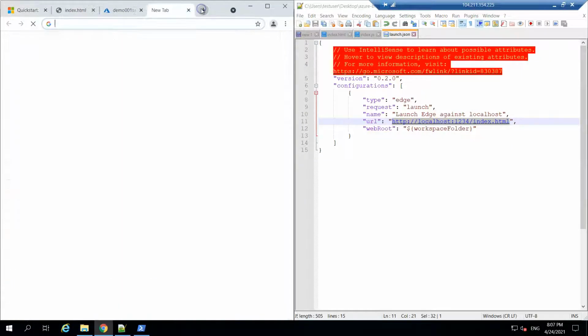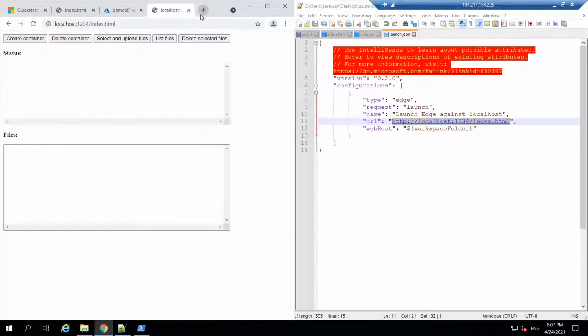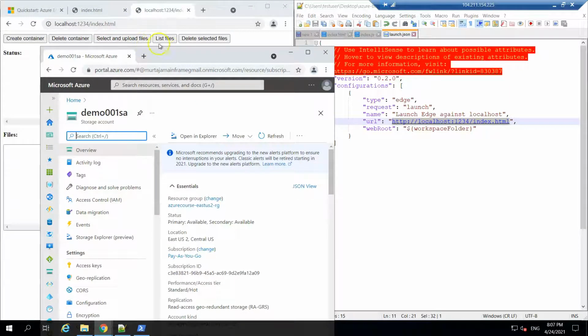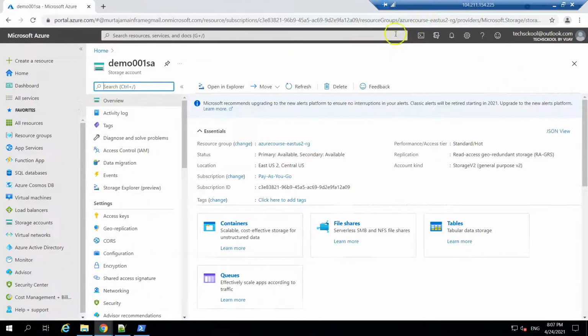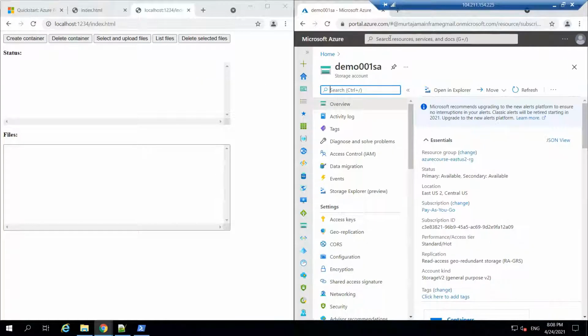And there we go. Our website is now up and running. Just perform a few actions yourself and confirm your application is running fine or not.